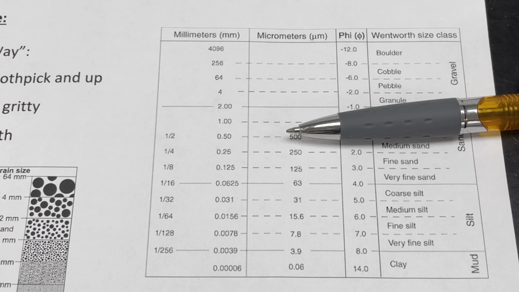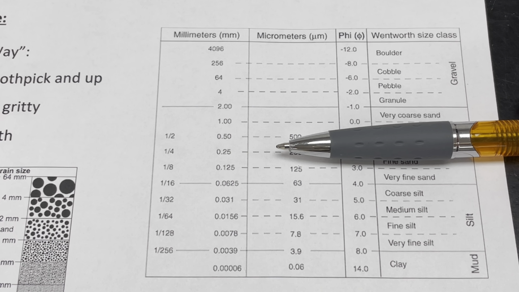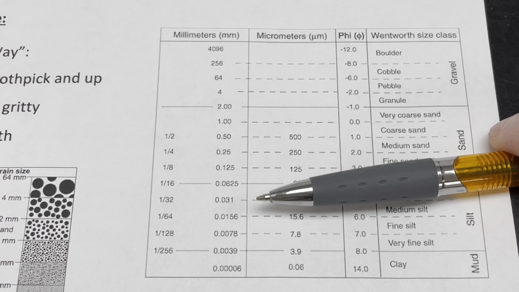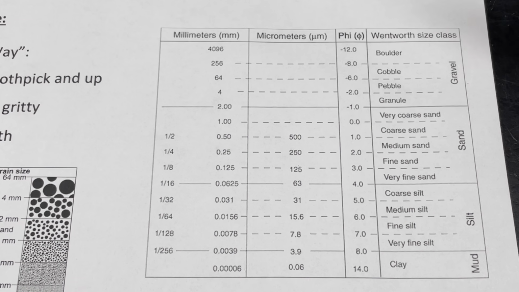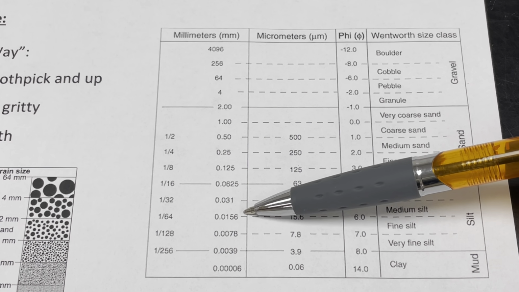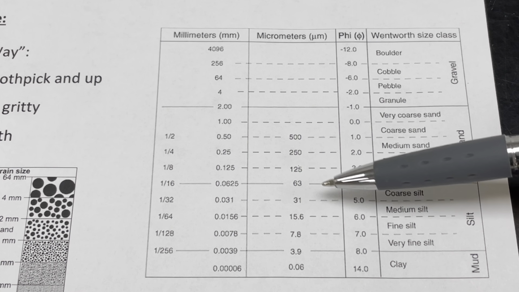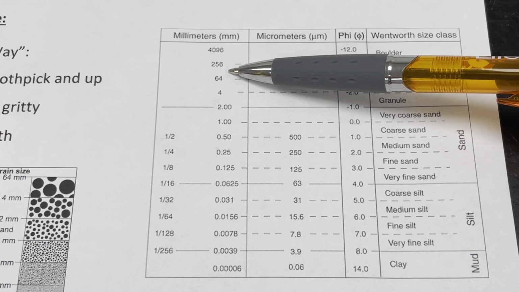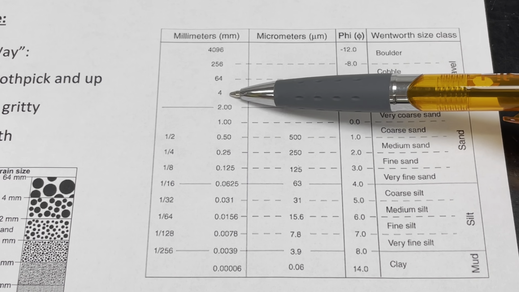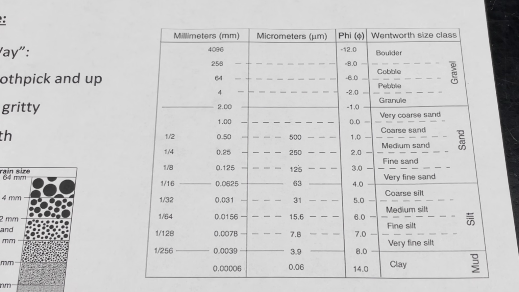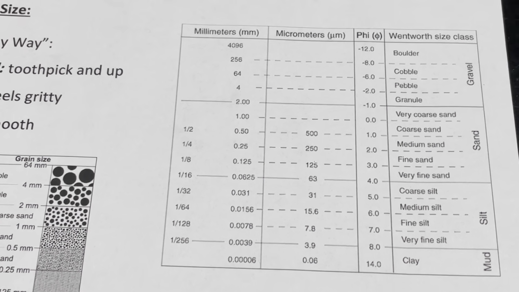But you're going to be hard pressed to pick up a rock and be able to tell just by your own observations and your naked eye that you have a rock that's made out of medium-sized silt, or maybe something else. It might be difficult even to tell these a little bit apart. And so to just generalize things and get us on our way and not get too bogged down in the weeds,